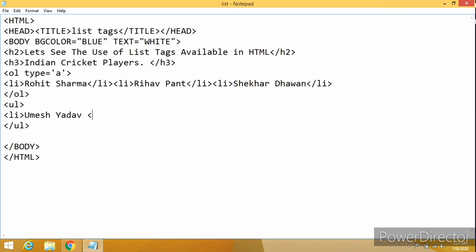Umesh Yadav, let us have the name first, then again the next name. Can you suggest any name? Jasprit Bumrah. Now again I want one more name over here.